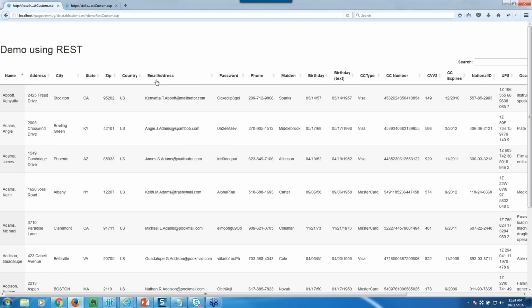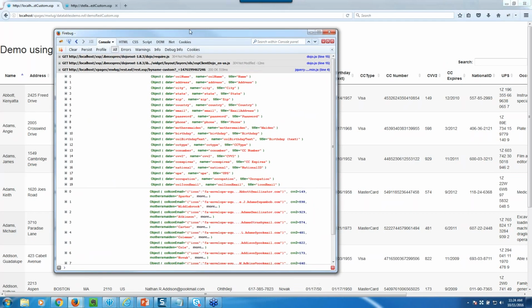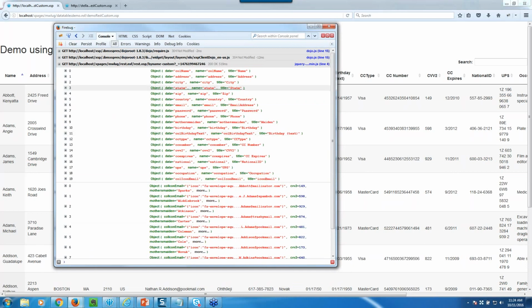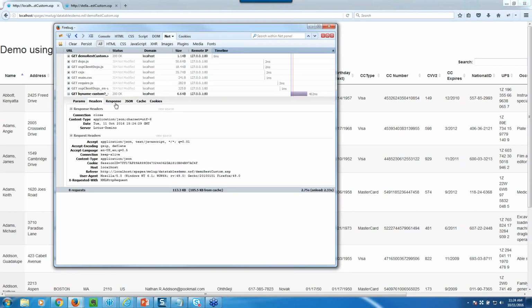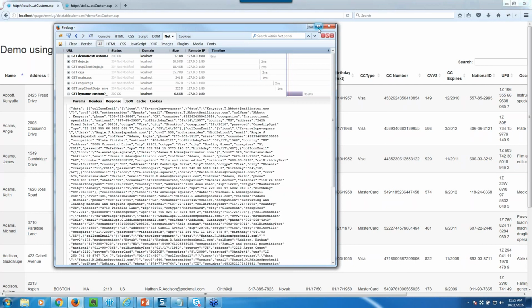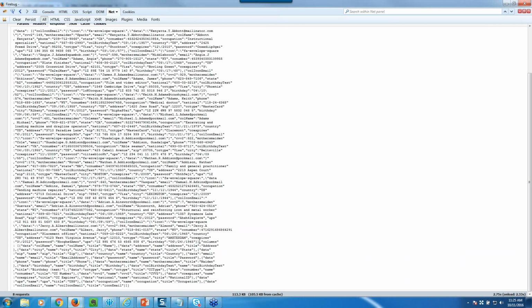Okay, so I haven't done anything with this table to give it the proper formatting or anything like that. It's simply to demonstrate what you're going to get back when calling a custom REST service. The important thing to view here is in Firebug. Bear with me, it might be a little hard to read. So if we look at the actual response that comes back, down here,